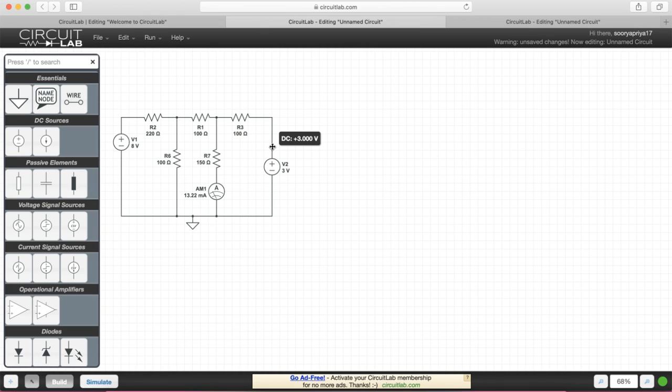Now I'm going to show you the simulation of removing one battery source. So let me remove this 3-volt battery and connect it as a short. So this is your short. Look over here, we get the value of the current using only the 8-volt battery as 4.372 milliamps. In the practical experiment also we got the value of I dash somewhere around 4.22 milliamps. Here we got the value as 4.372 milliamps, so almost equal.